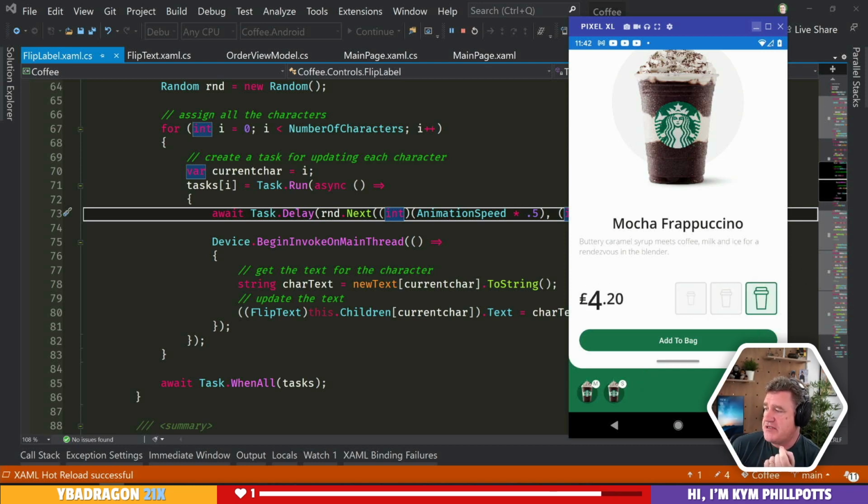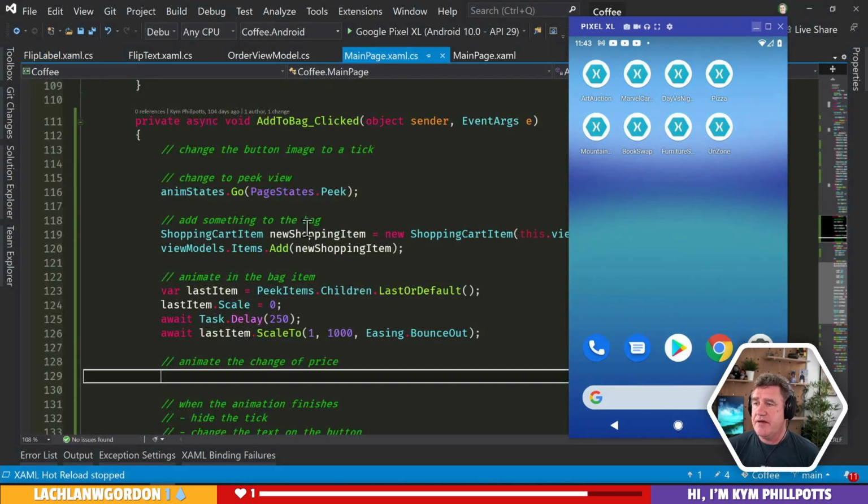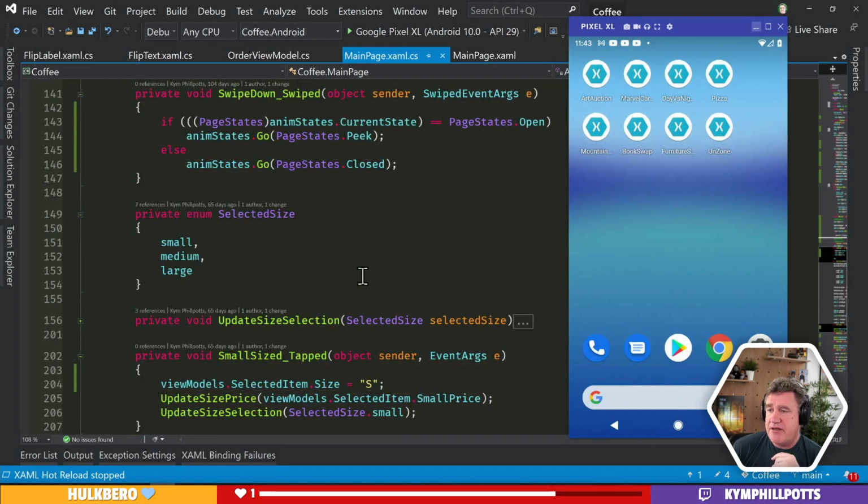Anyway, we're going to do the same thing down here. Okay, so let's do the same thing with this down here. Let's style this puppy first of all. Animate the price change. All right. I don't really have a nice way of doing this. If I have a look at how I did it in the other one,